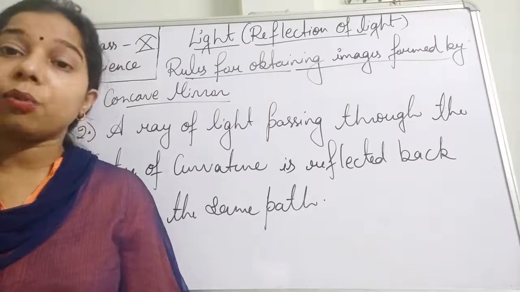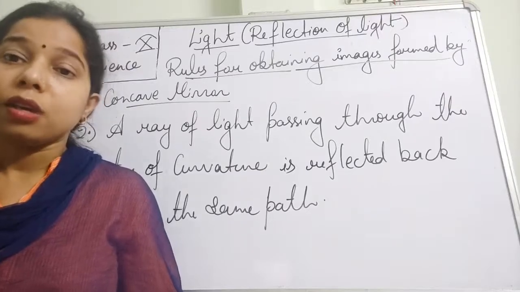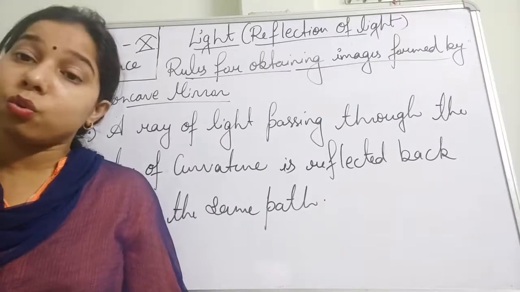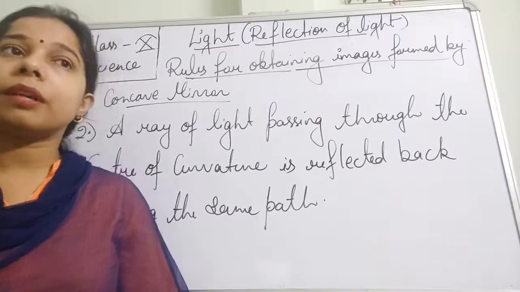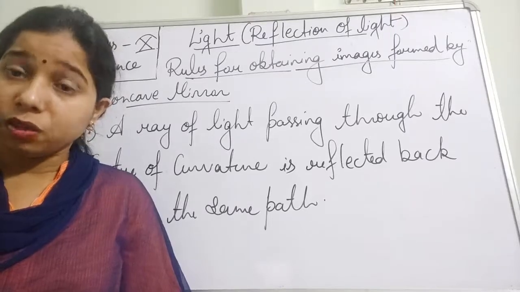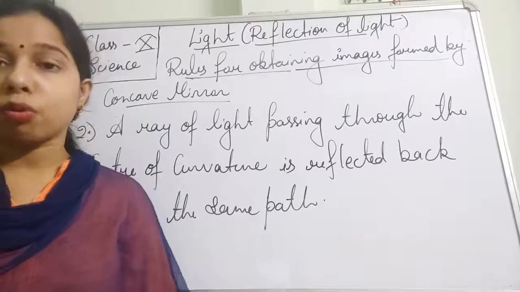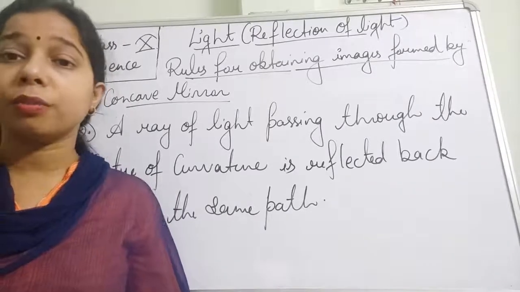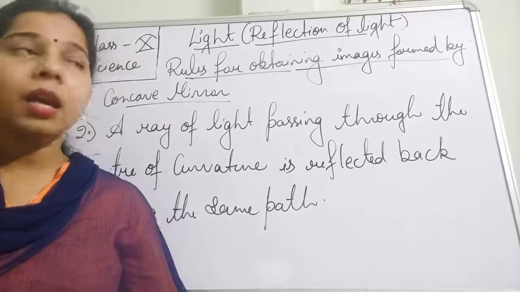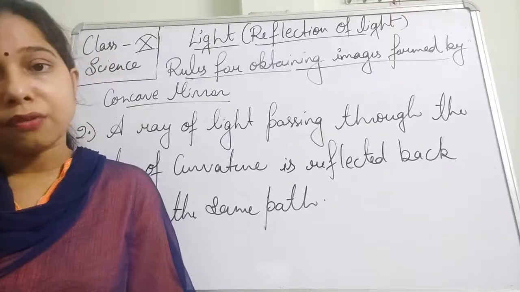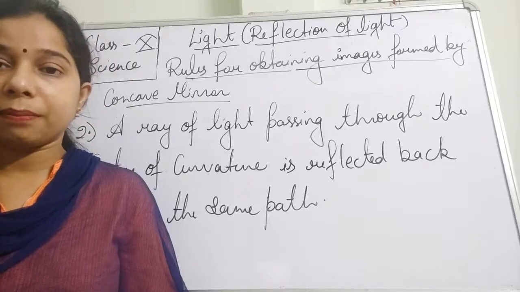We have also seen the relationship between the radius of curvature and the focal length. Basically, focal length is equal to half of the radius of curvature. By this formula, students, we are able to find the radius of curvature or the focal length. Remember, these formulas are important when we are going to solve the numericals related to the mirror formula later. So focal length we can find if the radius of curvature is given: half of the radius of curvature is the focal length.